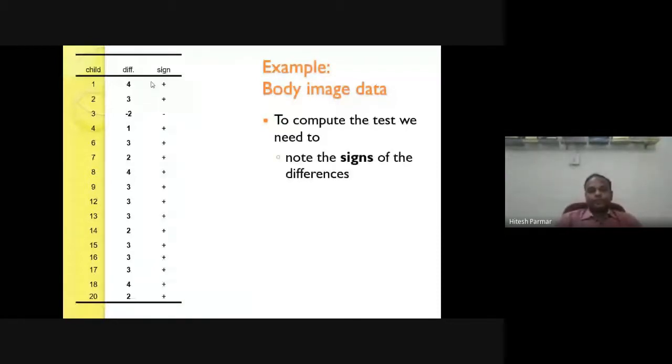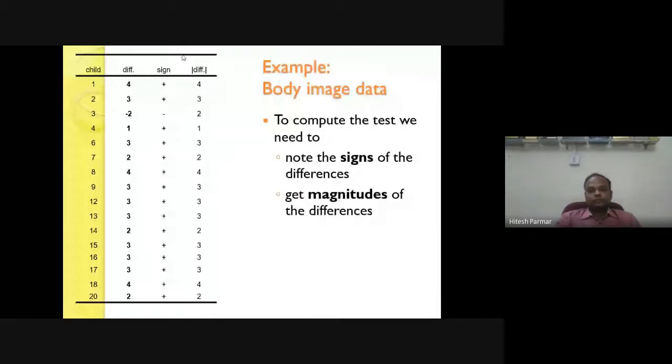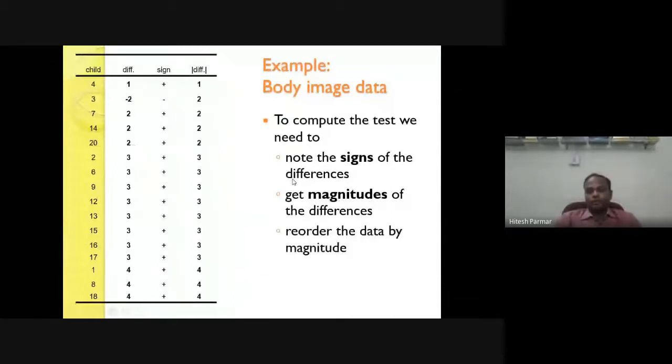Then out of 16 observations, we are aware that we have 15 positive signs and 1 negative sign. Then we need to consider the absolute difference. So whatever the difference in the second column, we need to consider this value as an absolute value. Then we need to arrange this data from lower to higher value, according to the magnitudes of the differences.